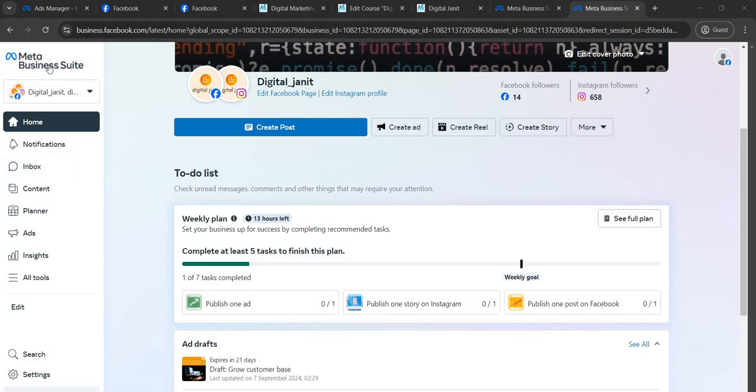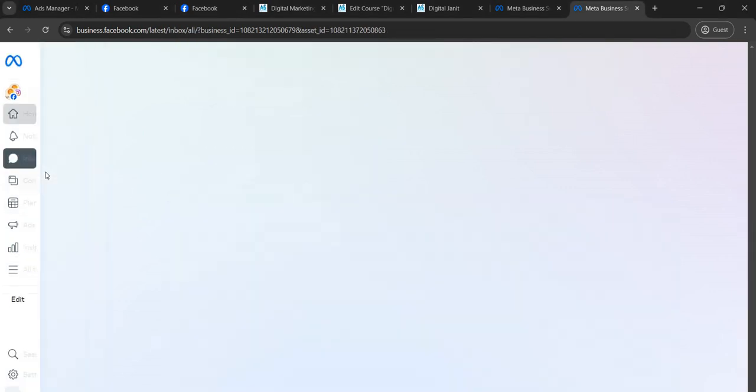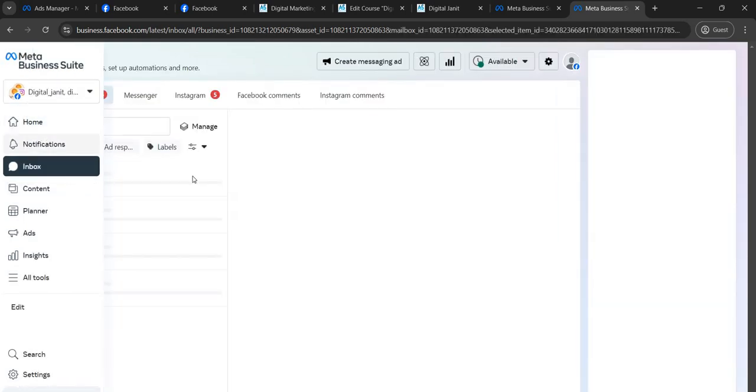You have to log in to Meta Business Suite. Just type Meta Business Suite on Google. Once you click, you will be redirected here. When you click on the inbox, you will see all the messages and all the